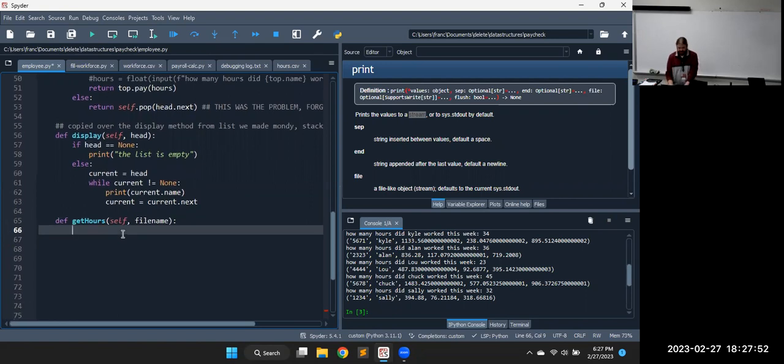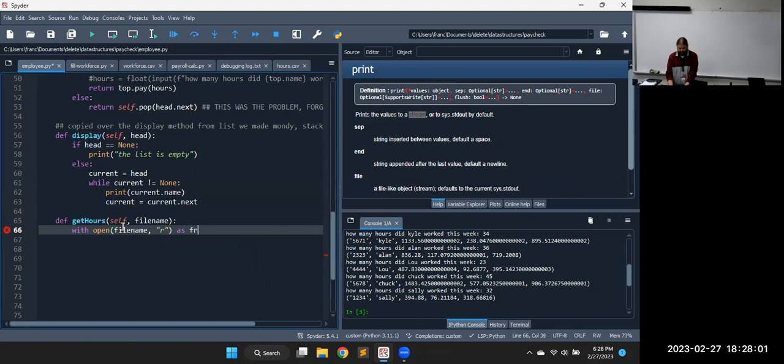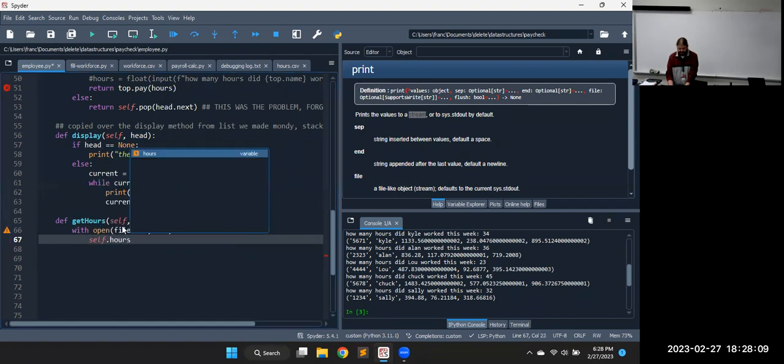And here we can do the reading of the file. So with open whatever file name we get for read mode as from file, that self.hours list,